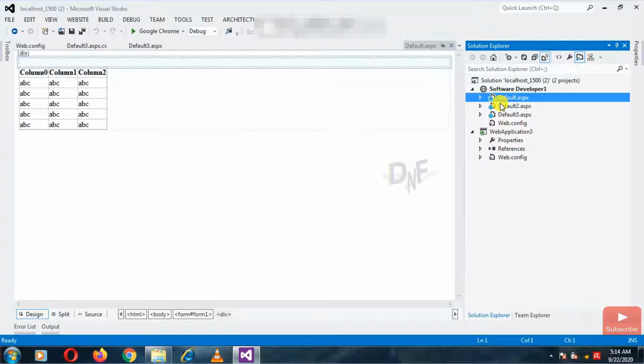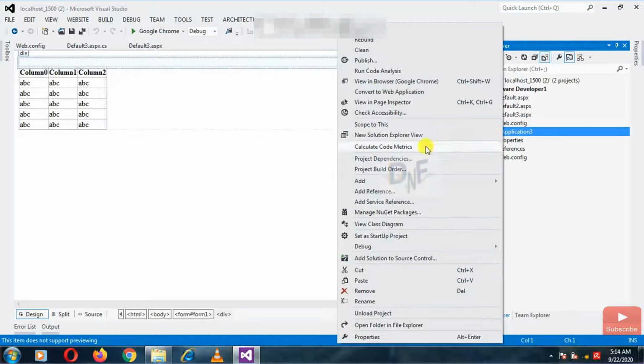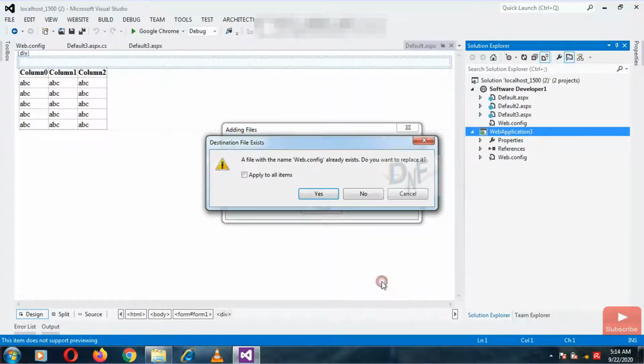For that, just select the first page of the content, press the Shift key, and click the last file. Then you can see that in two clicks we can select all the files of the project, and I am just copying these files and pasting them into the web application.